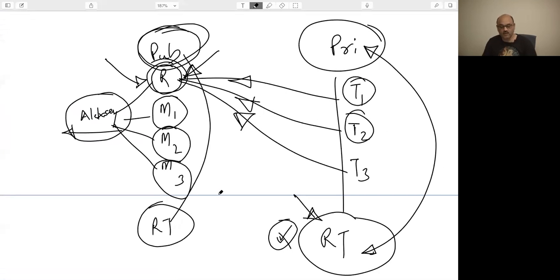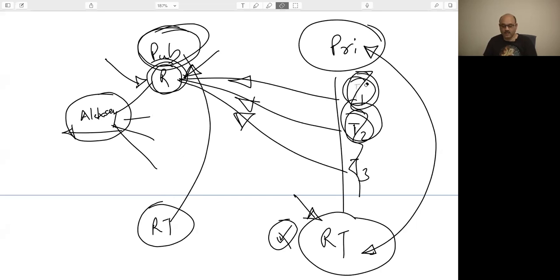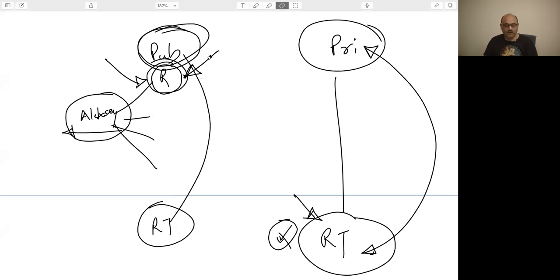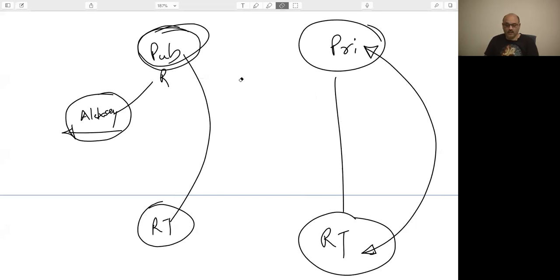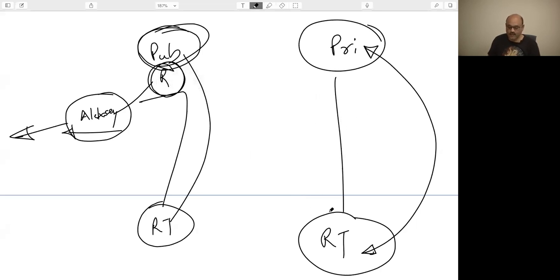Now, having done this part, what you will understand is that these boxes don't exist right now. Right now we don't have M1, M2, M3, and we don't have T1, T2, T3 and all that. All we did was create this box and define an association and define a route, so that the machine that we just started has this route directly through the IGW to the world outside. And these machines, when they get created, T1, T2, but that's just a name,